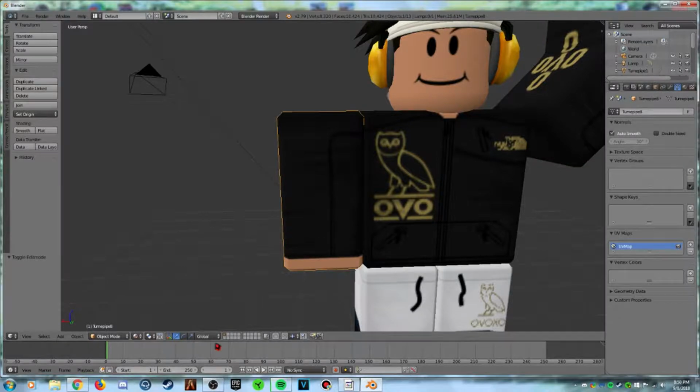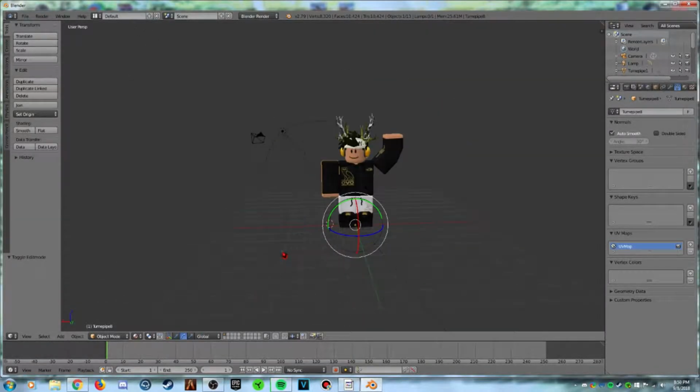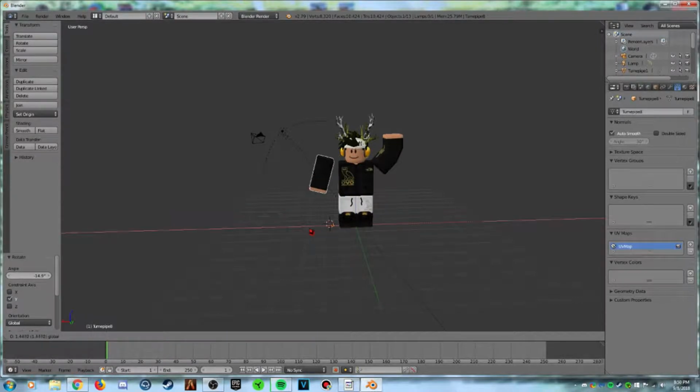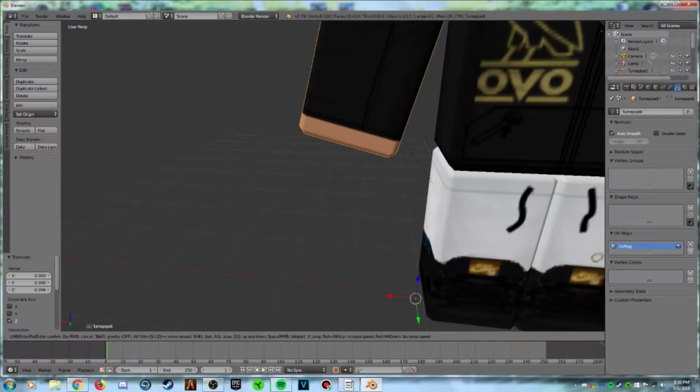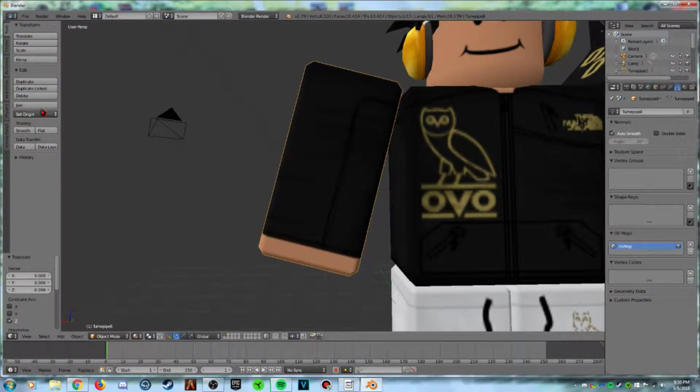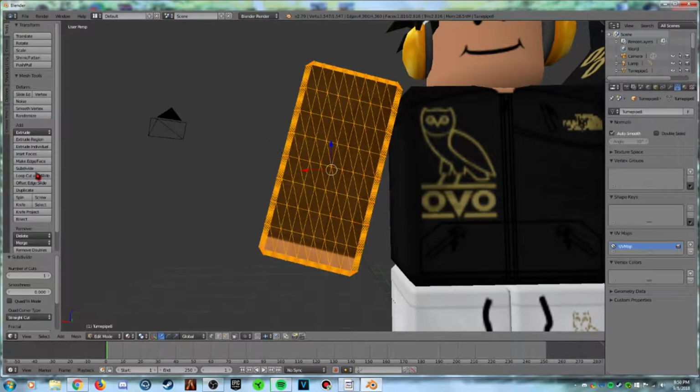Now, on this arm, we're gonna do just like a hand on the hip, you know. Hand on the hip pose, pretty simple. This one's probably one of the easiest ones to do, as long as you don't got a lot of designs on your shirt. Then remember: edit mode, subdivide, remove doubles, auto smooth,